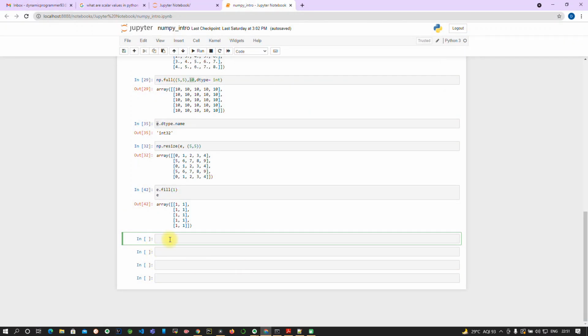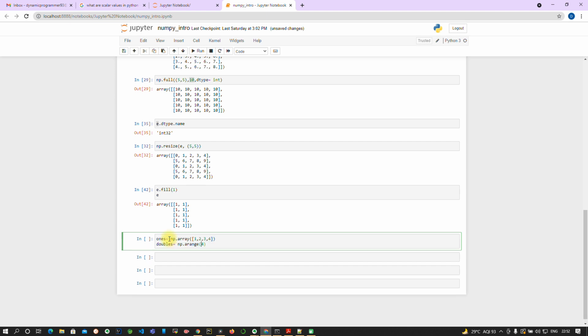If you are following my videos, you must know this notebook that I used in my last videos. So we will continue in this notebook. First we will discuss some basic functions. For that, let's create some arrays so that we can apply the arithmetic operations on them.